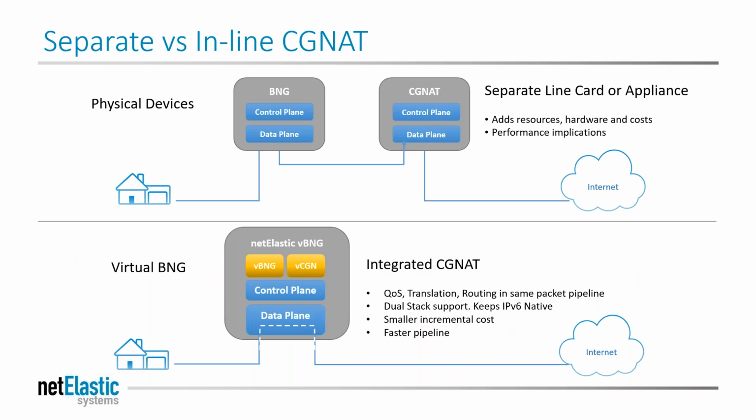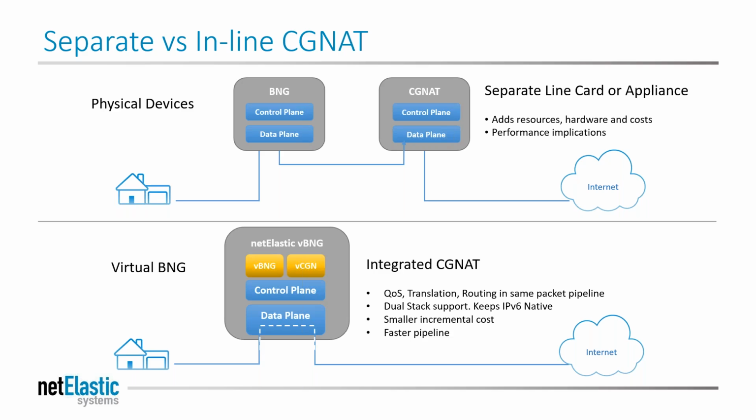In the example on the prior slide, we showed an inline or a separate solution where your BNG or your edge router is collecting all your data traffic, and then your IPv4 traffic that's non-routable gets sent to our router to do the CGNAT process, where all of your IPv6 and your routable IPv4 addresses go on a different path to the internet. But the nice thing about our solution is that you can put this all into a single